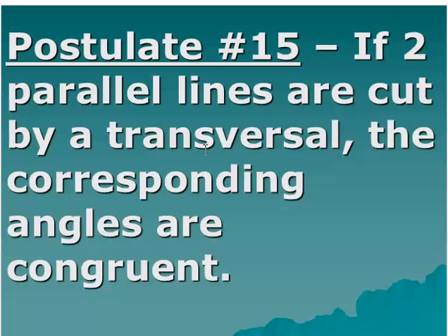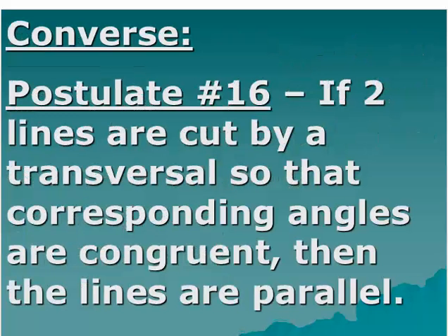So going back to 3.3, the first thing we wrote down was postulate 15, that if two parallel lines are cut by a transversal, then the corresponding angles are congruent. What we're working on in this section is the converse of that, which is postulate number 16: if two lines are cut by a transversal so that corresponding angles are congruent,